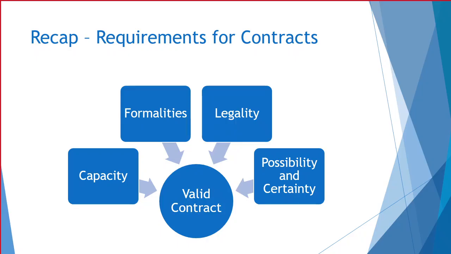there are certain steps. Well, we all know that there are certain requirements for contracts: capacity, formalities, legality, possibility, and certainty. Possibility and certainty is a favorite of mine when I'm litigating, in that if there's a shortcoming in possibility and certainty, for instance, the agreement is vague, I would attack that. Or the legality of the contract in question, I attack that.